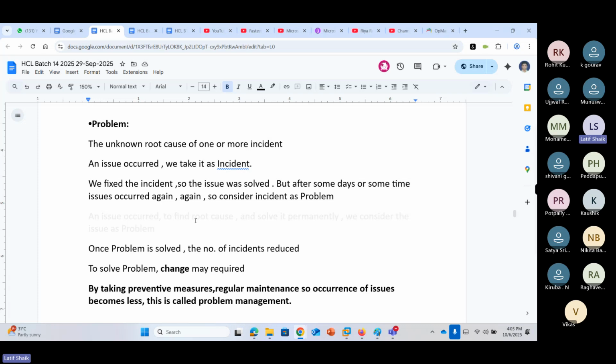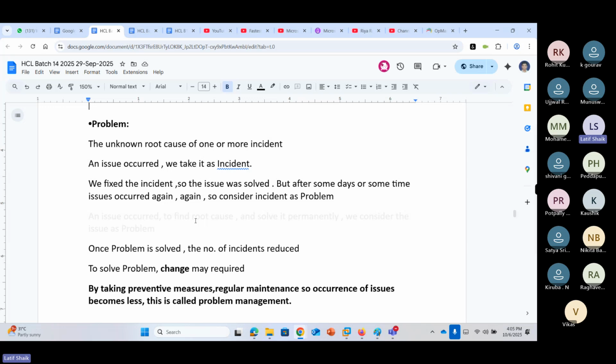This also comes under problem management: proactive problem management and reactive problem management. Reactive problem management is after the occurrence of incidents. We consider that incident as a problem, find out the root causes and resolve them by changes, finding a permanent solution so that the issue won't occur again.